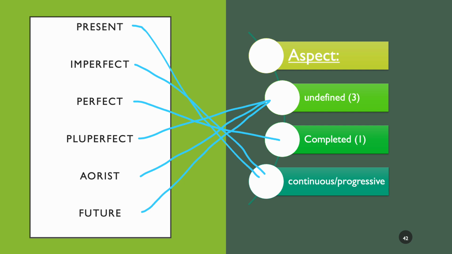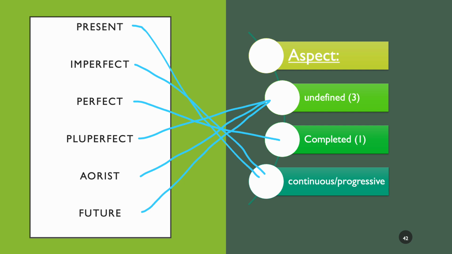So let's start at the bottom. Continuous or progressive. So the present tense is continuous unless otherwise stated. The imperfect tense is also continuous. So usually translated as was doing something. The completed one is the perfect, where the aspect comes out of the fact that that verb action has been